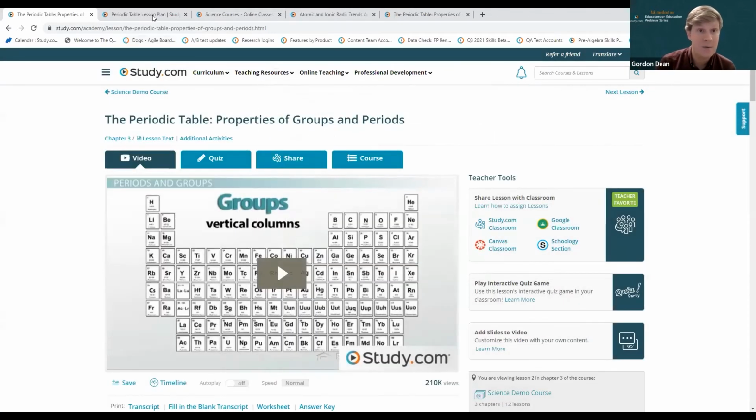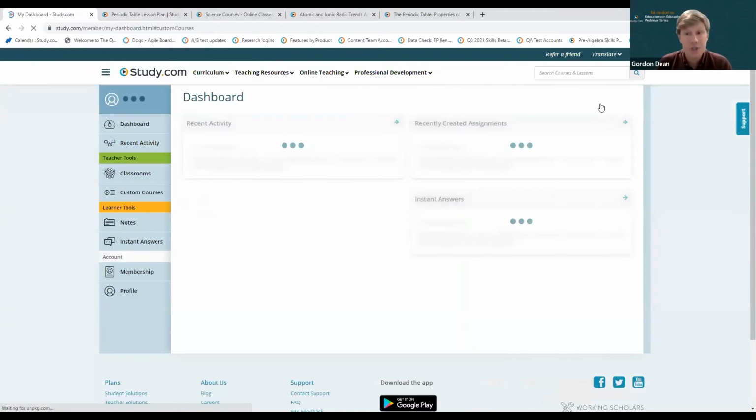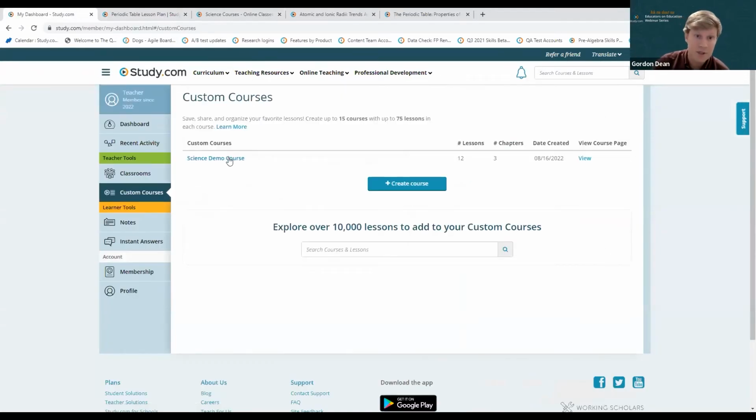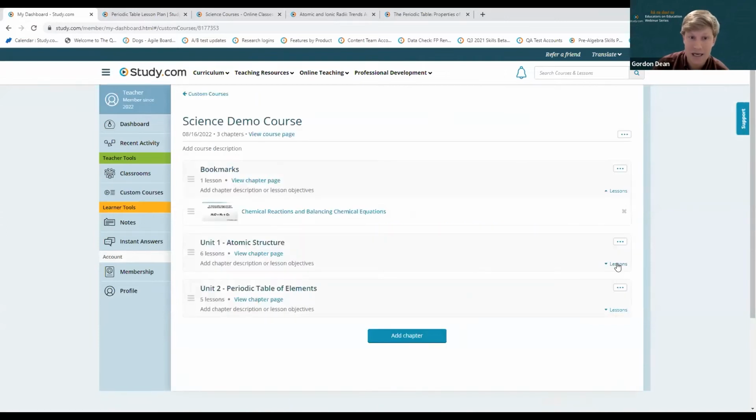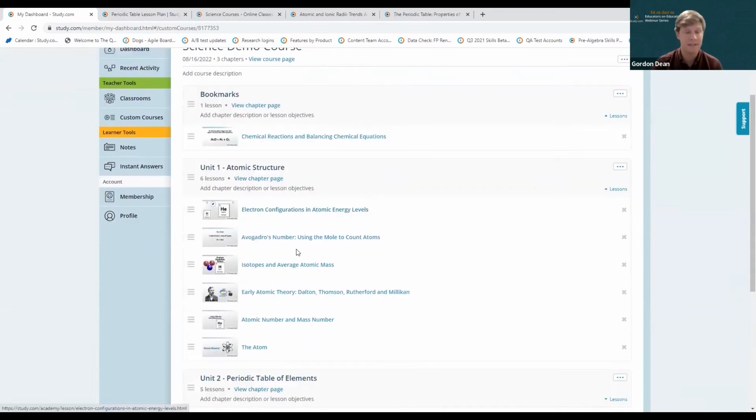The other thing that I wanted to highlight is that if I go back to my custom courses, you can also share chapter tests, and those chapter tests are going to be automatically generated for units or chapters that have at least 4 lessons in them. And we've had teachers have a ton of success using those as prep for unit assessments, because at the end of that, students will get an assessment of their strengths and weaknesses for the questions and lessons in that particular unit or chapter.